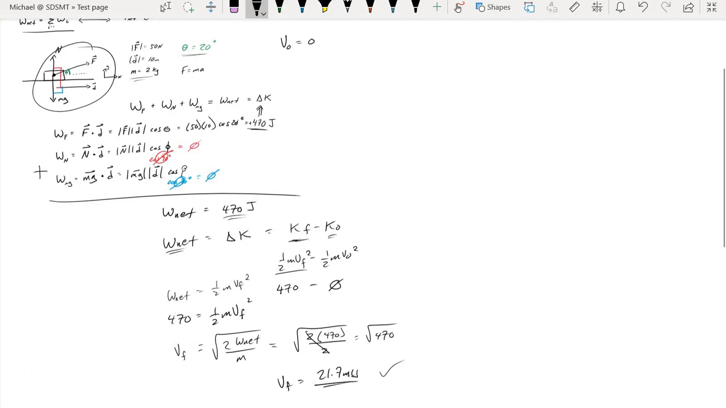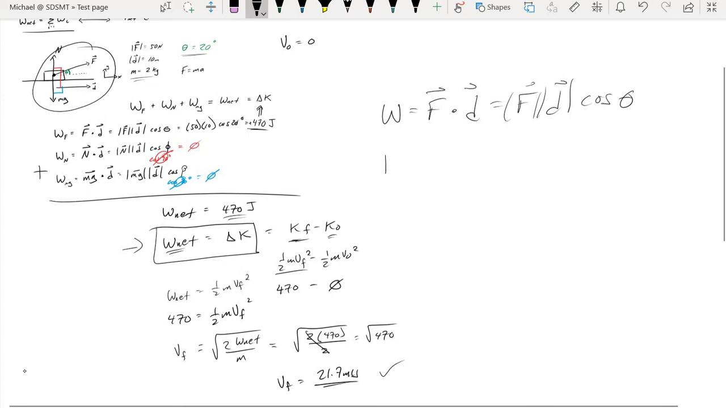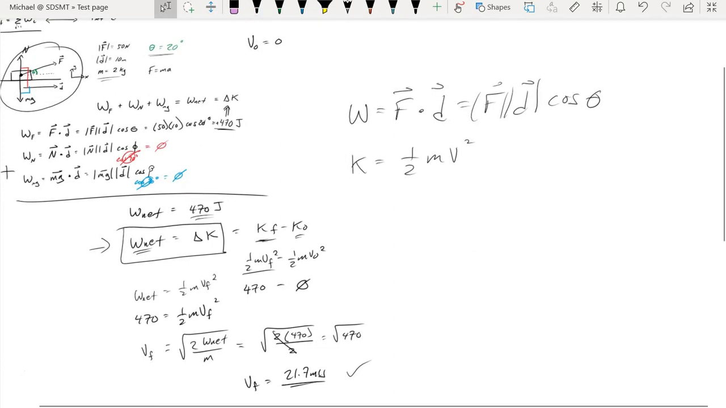But the nice thing about using the work energy theorem, which is this expression right here, which says the change in kinetic energy is the result of the net work, is there's really only 2 equations that we have to remember. We have to remember that work is found by taking the dot product of a force and the displacement, with the angle that exists between them, and the kinetic energy of an object is 1/2 the mass times the velocity squared. From there,